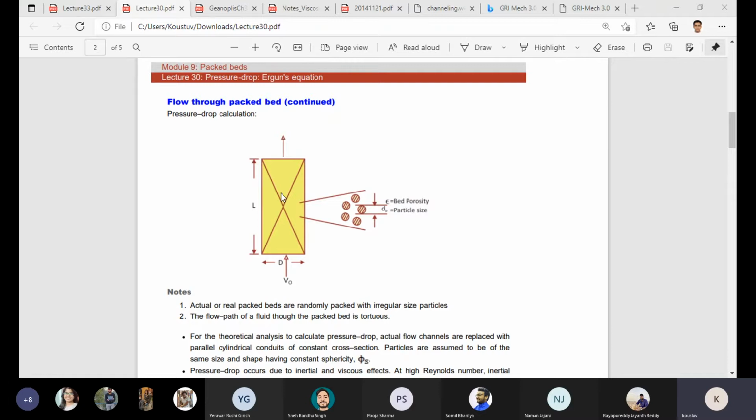For example, when fluid flows in an empty tube, you have understood the genesis of the Hagen-Poiseuille equation, or how to calculate the pressure drop. Now you will agree with me that the pressure drop in an empty tube or pipe, with uniform cross sections,